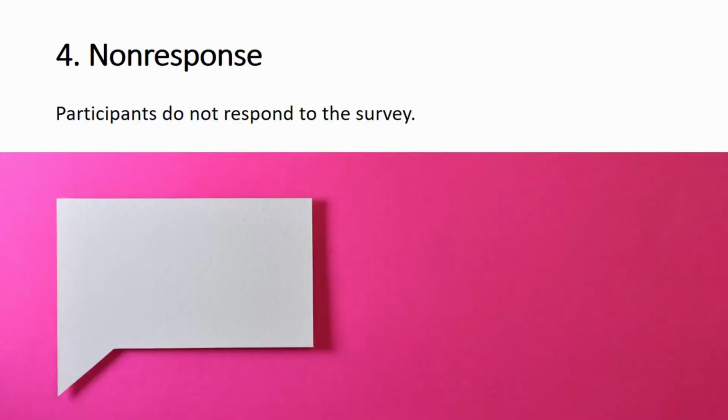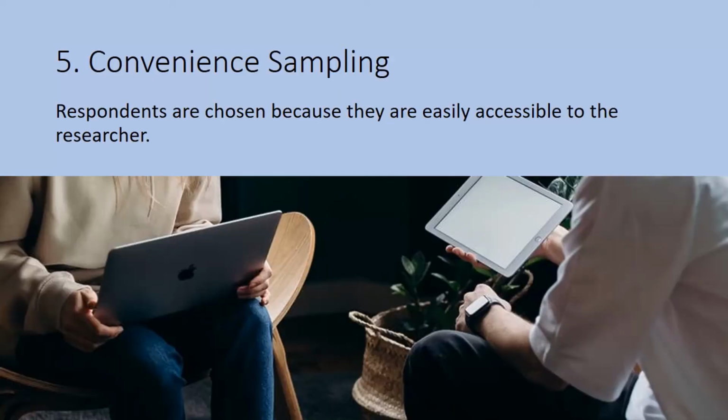In non-response, many respondents do not give the response to the survey. In other words, survey forms or questions are left blank. Sometimes, respondents are unwilling or unable to participate in the survey. In convenient sampling, respondents are chosen because they are easily accessible to the researcher. The sample are easily reached because they are in close proximity to the researcher. This neglects potential participants that cannot be reached easily. This bias also causes undercoverage.